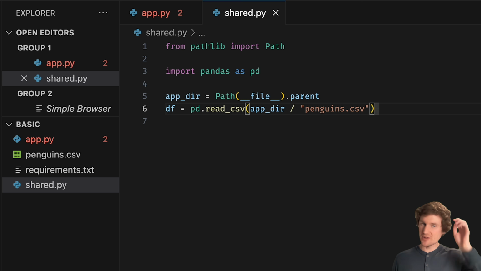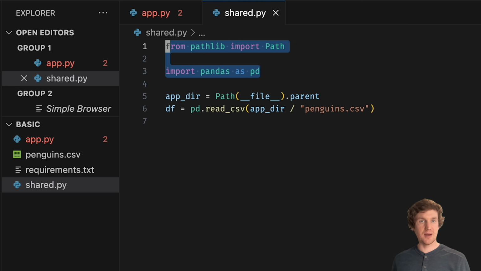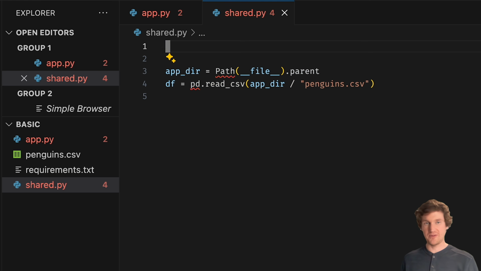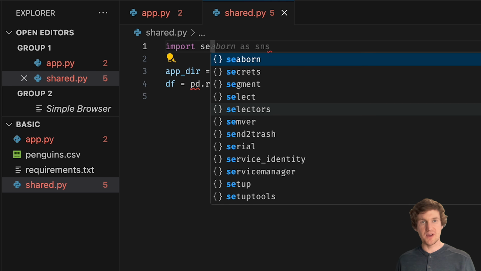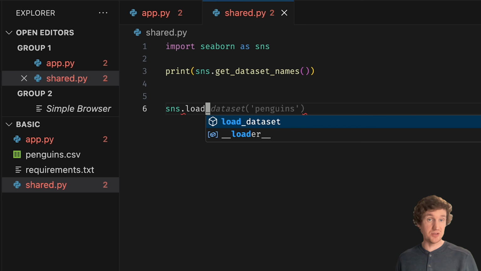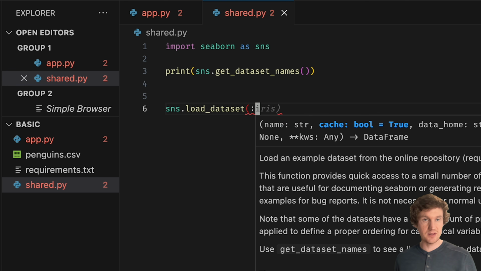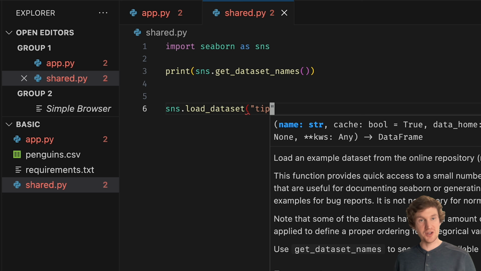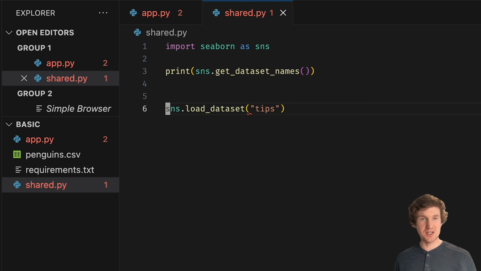But just to demonstrate how we could get in a different data set here, I'm going to cheat a little bit in the sense that I'm not actually going to use a different file per se, but I'm going to leverage the fact that Seaborn prepackages data sets. We were just working with penguins, but let's do tips instead.